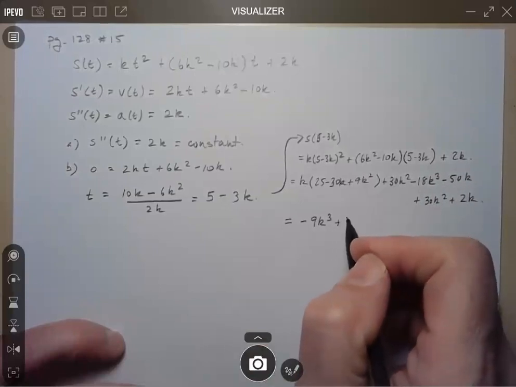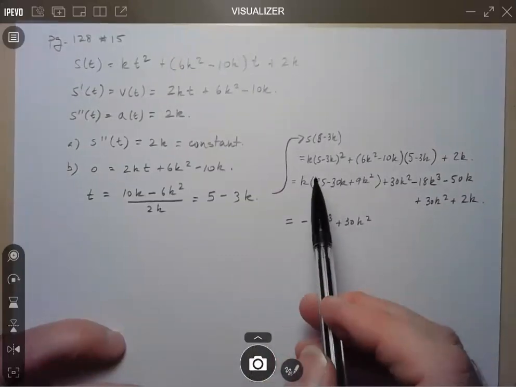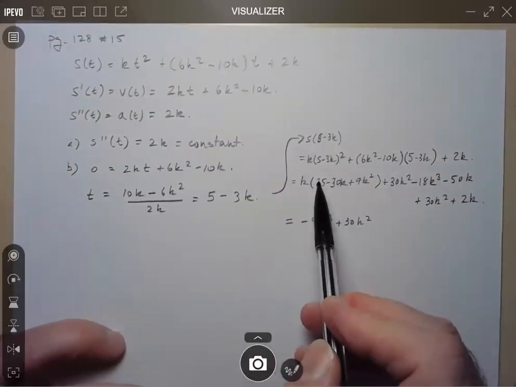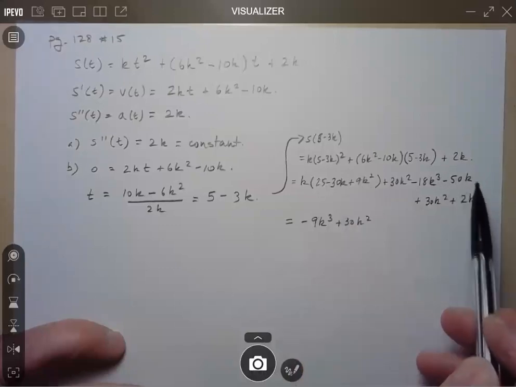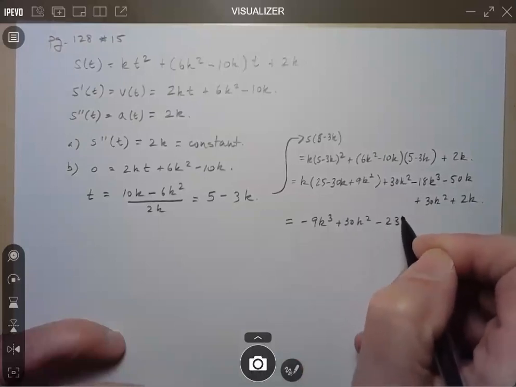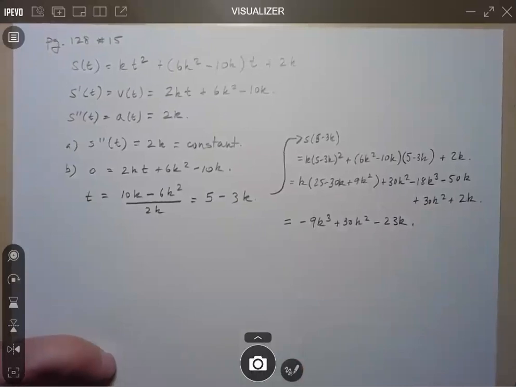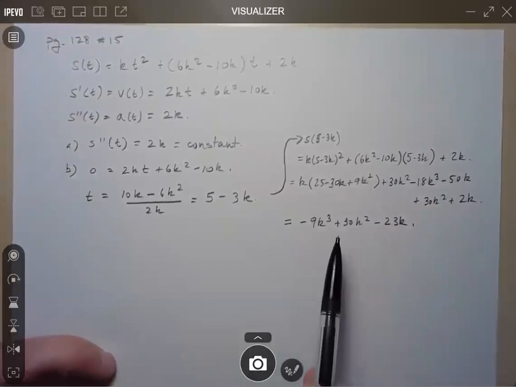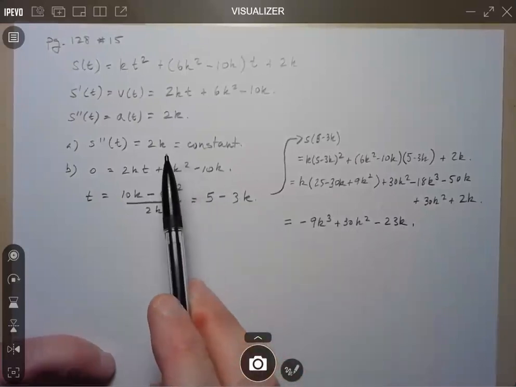So that's plus 30k squared. And it looks like we just have k's left. So 25 minus 50 is negative 25, plus 2 is negative 23. Okay, so quite a journey, but this is the value of the position